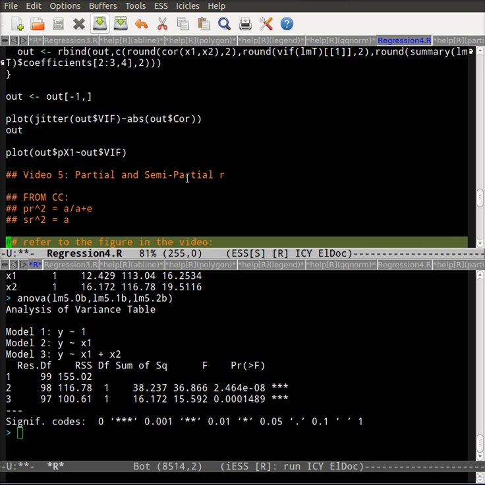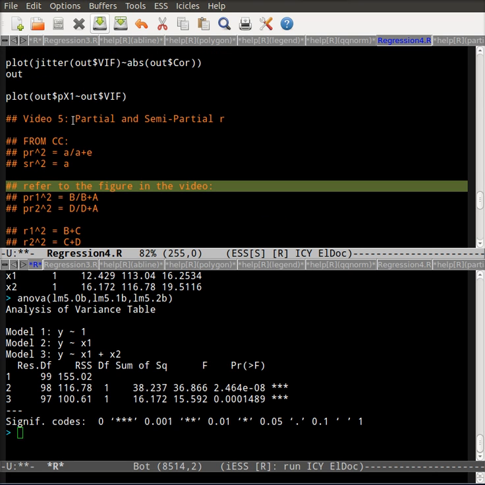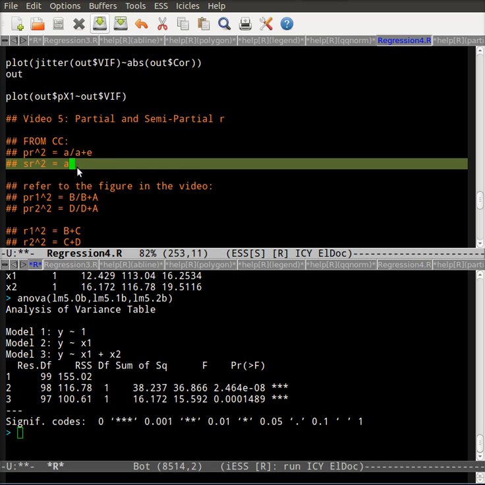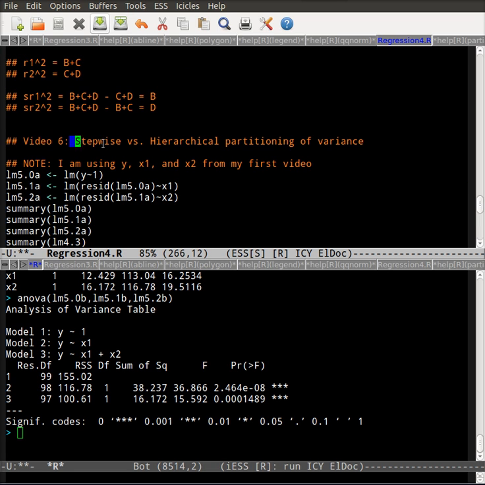So those are the differences between partial and semi-partial correlations. And the reason why I wanted to go over that is because these are important building blocks for us to understand when we start moving into things like stepwise and hierarchical partitioning of the variance,